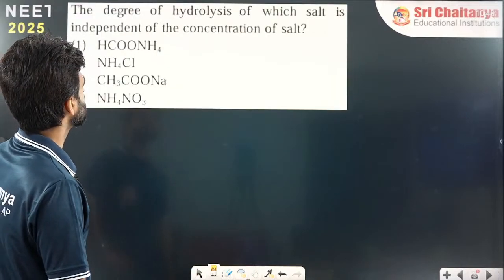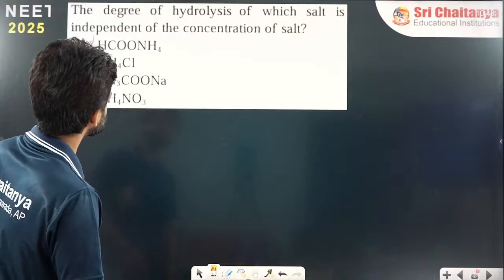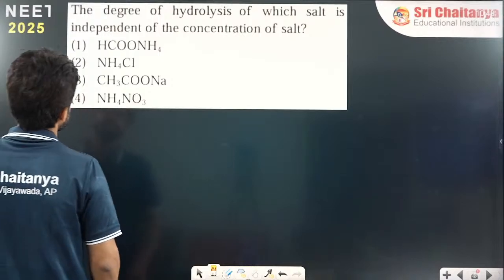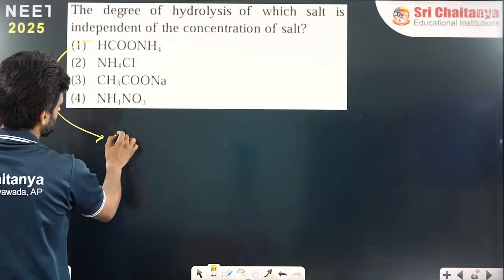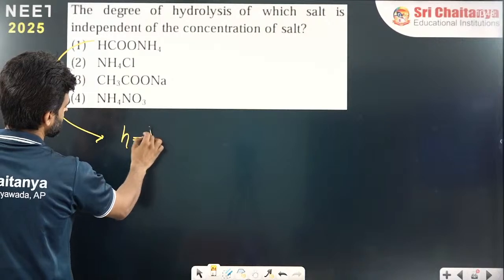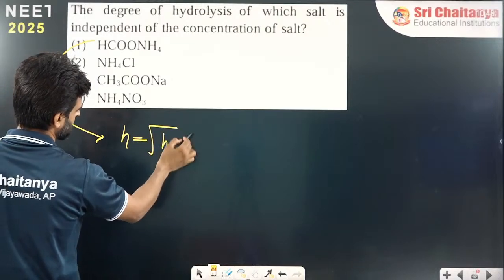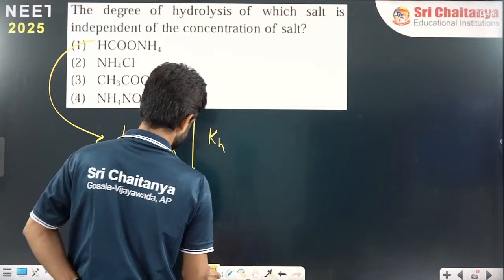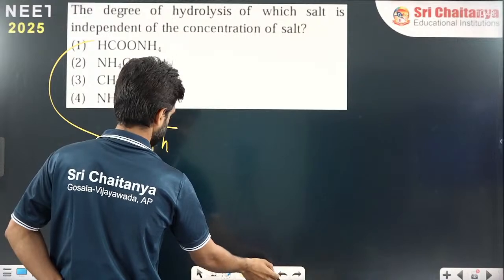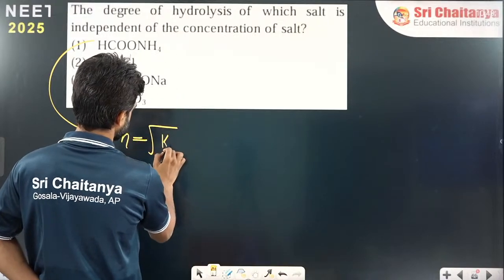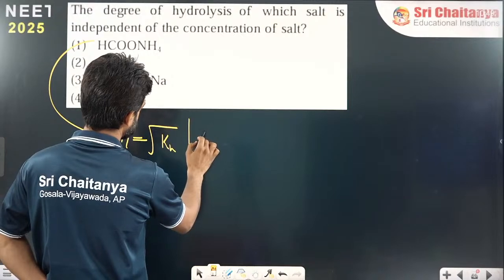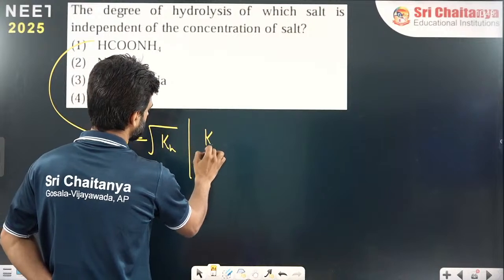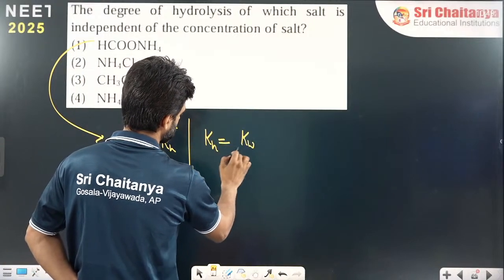The degree of hydrolysis of which is independent of the concentration of salt? If you see, it's a salt of weak acid with a weak base. Here the formula is h equals √Kh, that's it. Kh, right? And there is no C here, there is no C. And how do we find Kh? We find Kh by this one, Kw